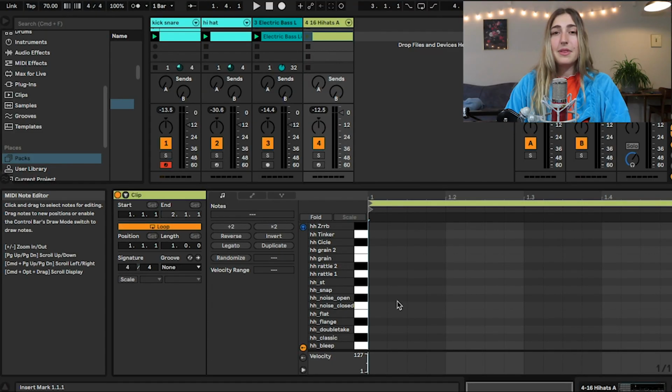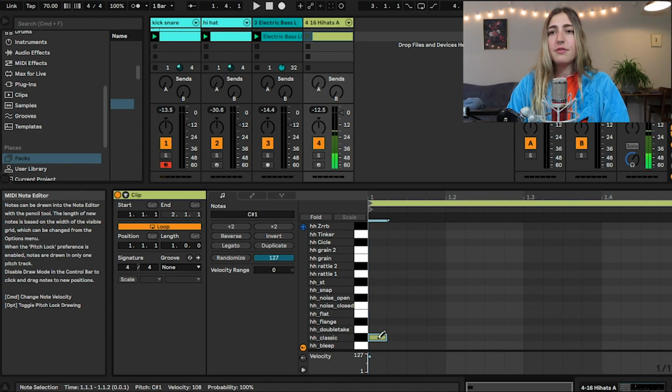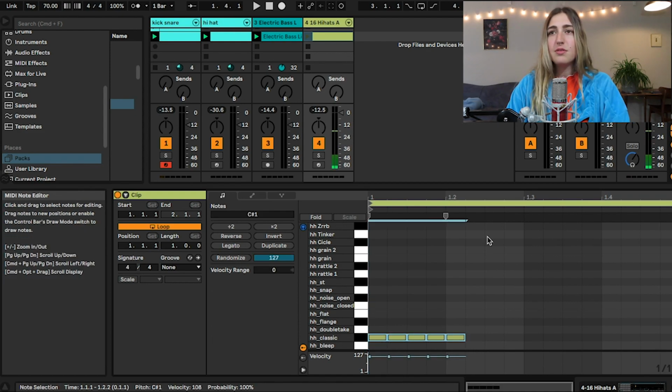All right, fam, there is even more fun to be had, believe it or not, and that is in making our own grooves. It is super simple. So fam, let's make a little bit of a quintuplet groove. A quintuplet is when we take 5 beats and we put them in the space of 4 beats. So let me draw out 5, and then all I'm gonna do is select these notes,